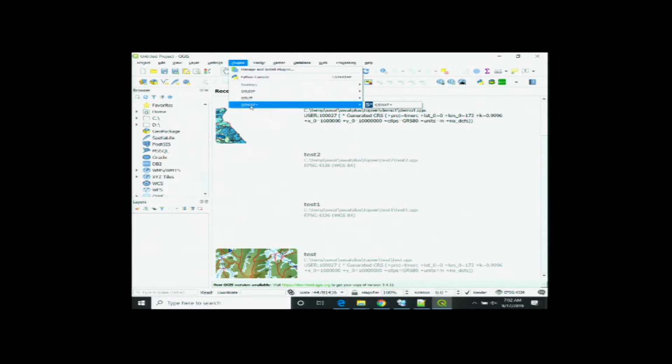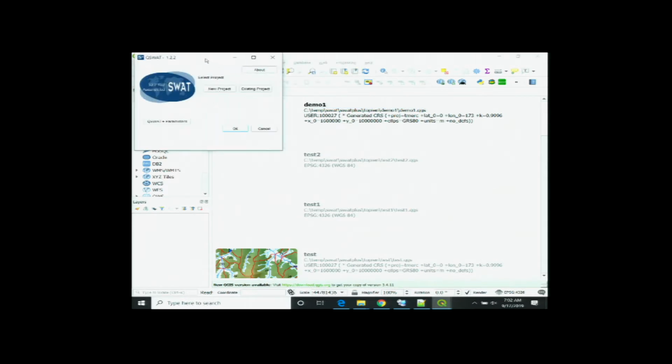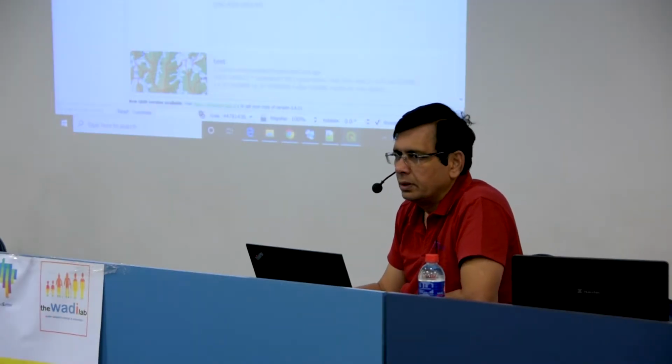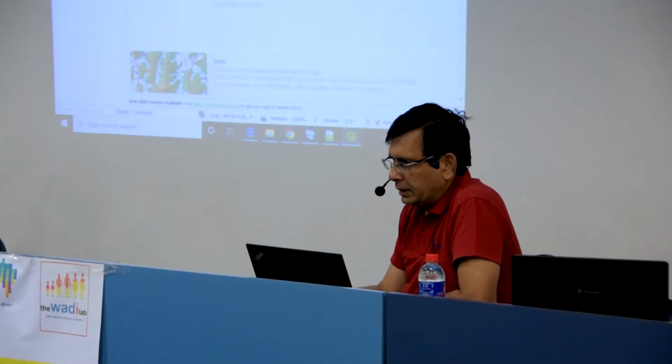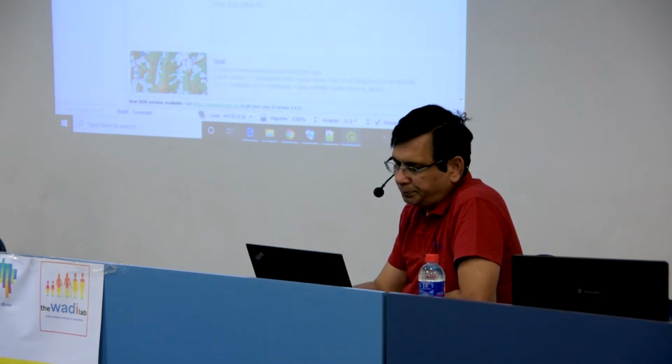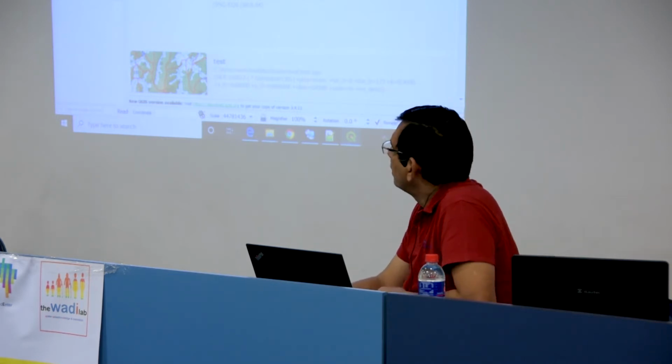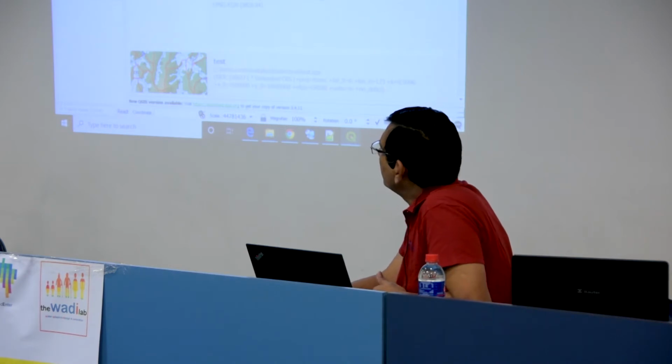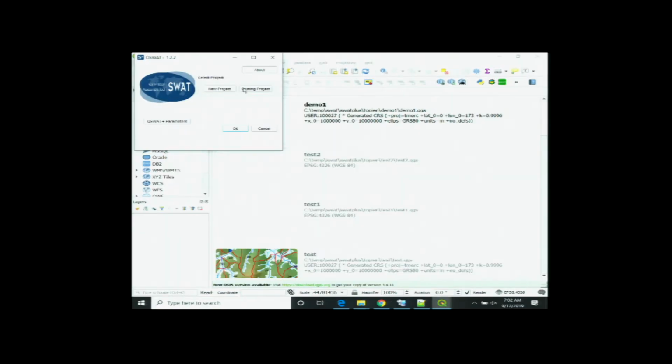So to start a new project, click on QSWAT plus. It should open a new menu. Those who have used QSWAT, this will be very, very similar. Okay? The differences are very minor actually, but there are differences. So here is how you can create a new project or work on an existing project. And it also has parameters,